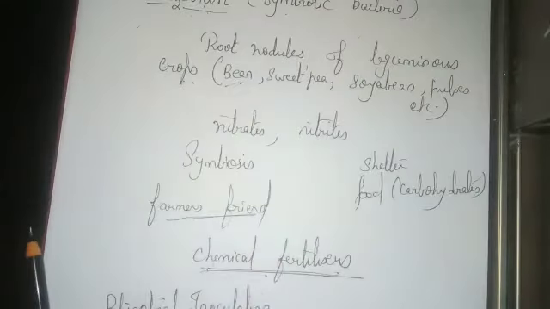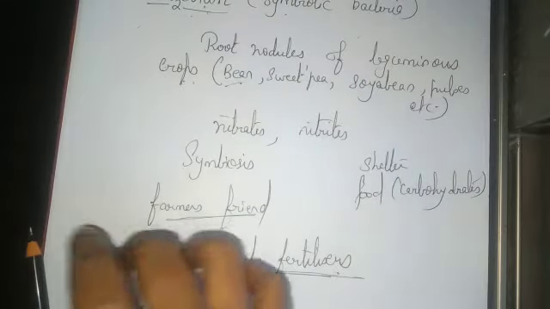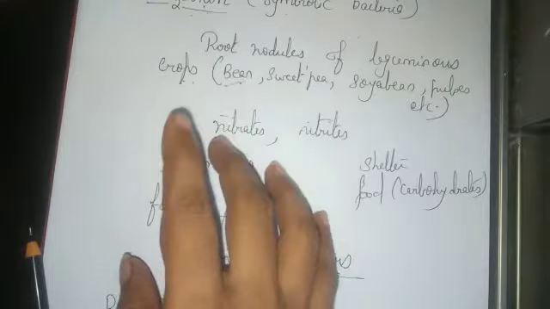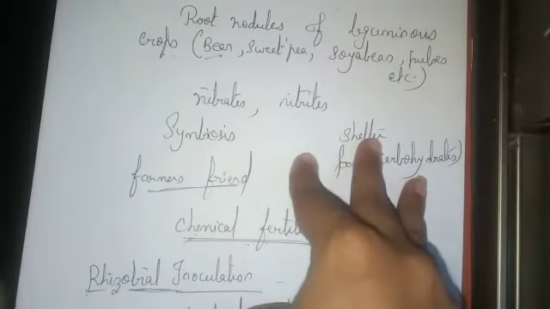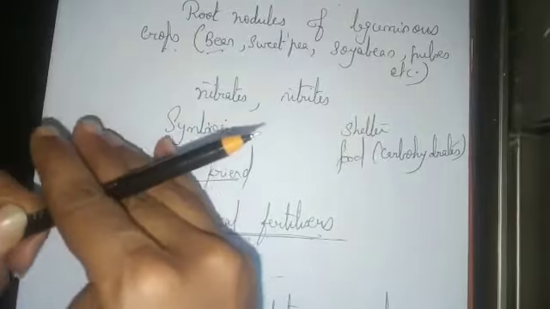So children, I hope that this part is clear to you. If any doubt, you can ask me. It is there in your page number 89, the rhizobium. So you can go through it. And we have page number 90 also, there's a continuation. So we have covered rhizobium today, children. Go through the chapter, read the textbook, and answer the questions which will be given by me.